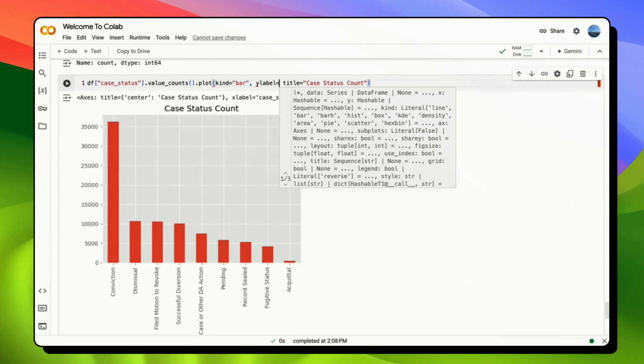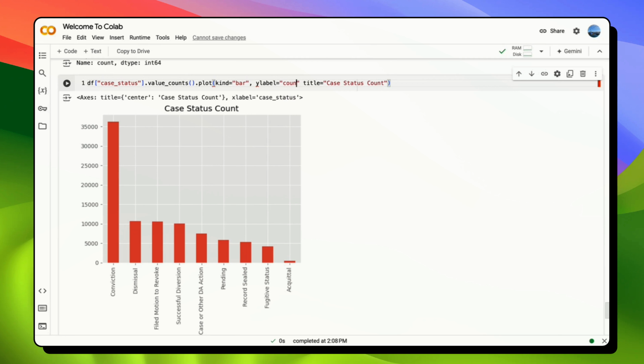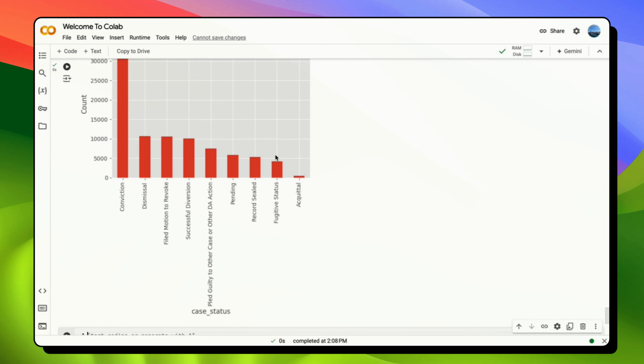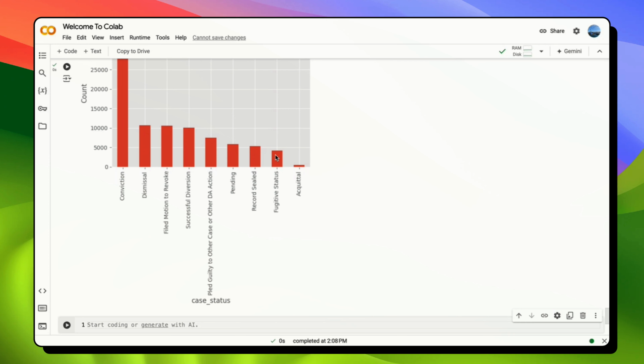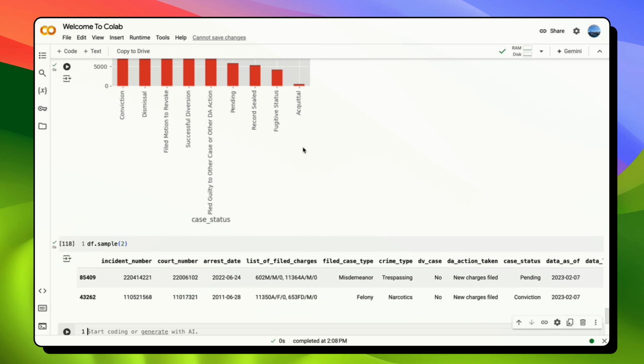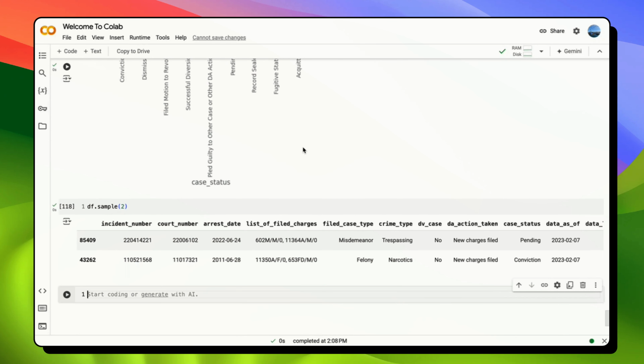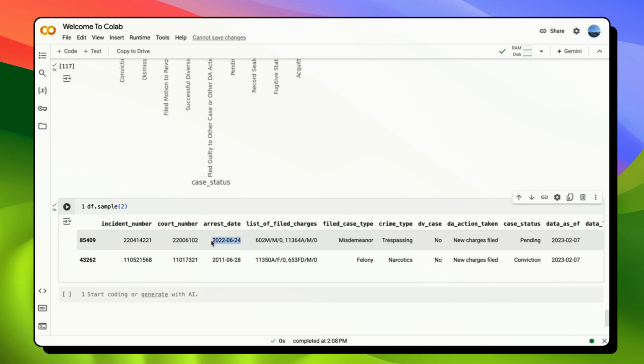Our label, let's count. There we go. So we would want to count